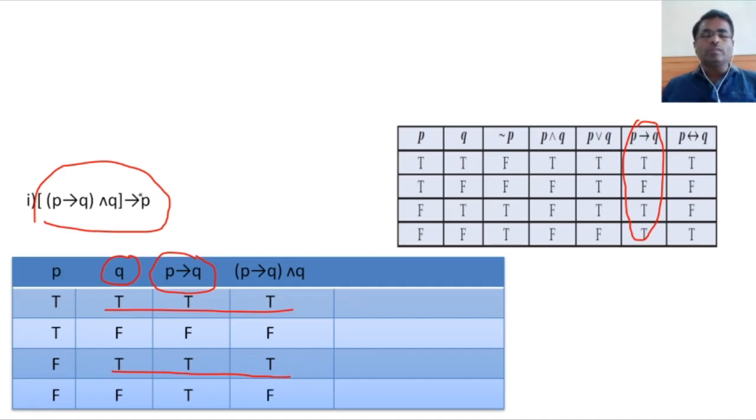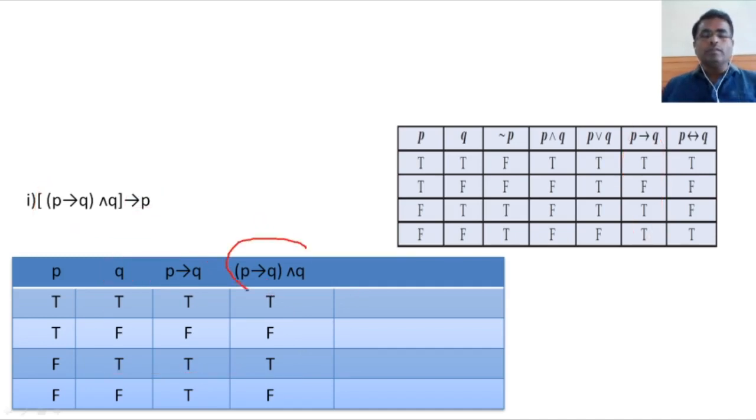And now we have to consider this statement implies P, that is, this statement implies this statement. For the true, false combination, if the first is true and the second is false, only then the resultant is false, otherwise it is true. So that's why for true, true it is true, false, true it is true, but true, false it is false, and for false, false again it is true. So you have this type of values.